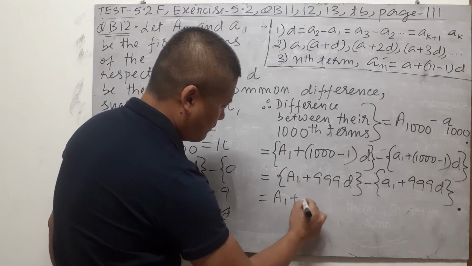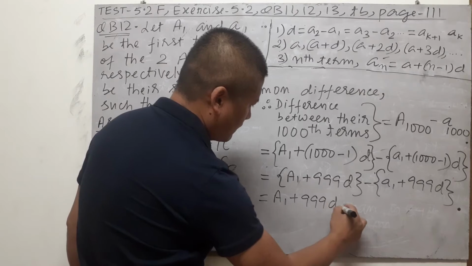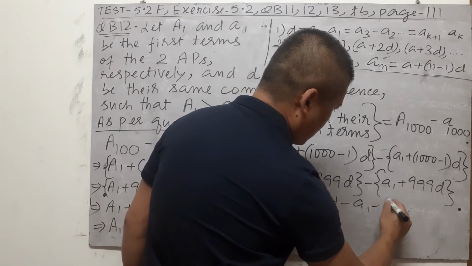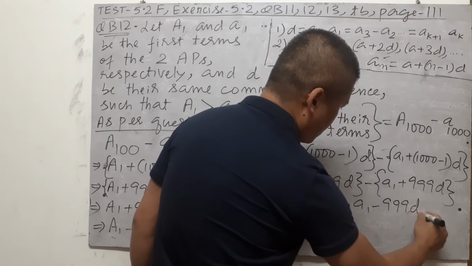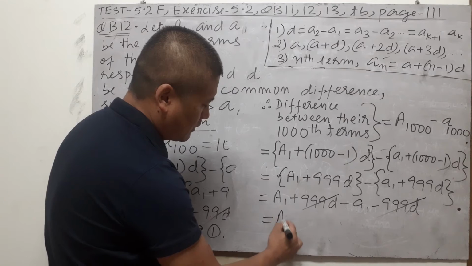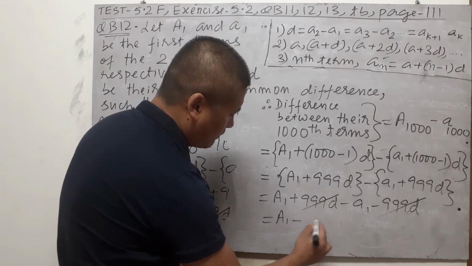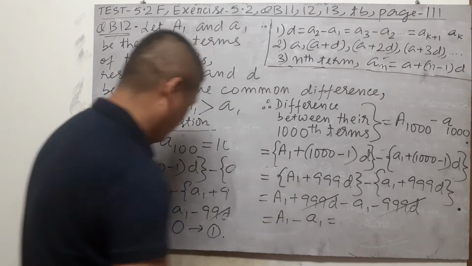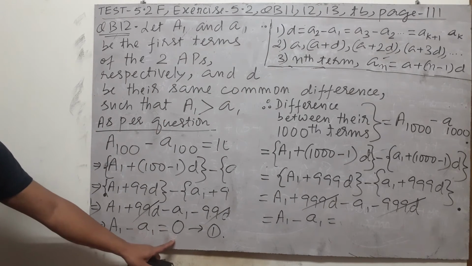Capital A1 plus 999D minus small a1 minus 999D. So minus 999D and plus 999D is 0. So we're left with capital A1 minus small a1, a value we already have here, equal to,